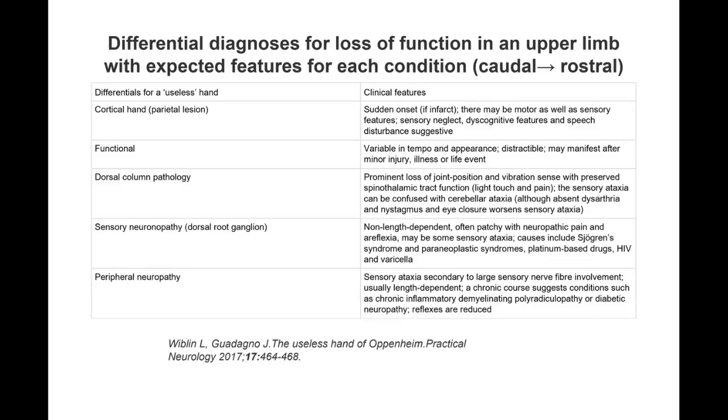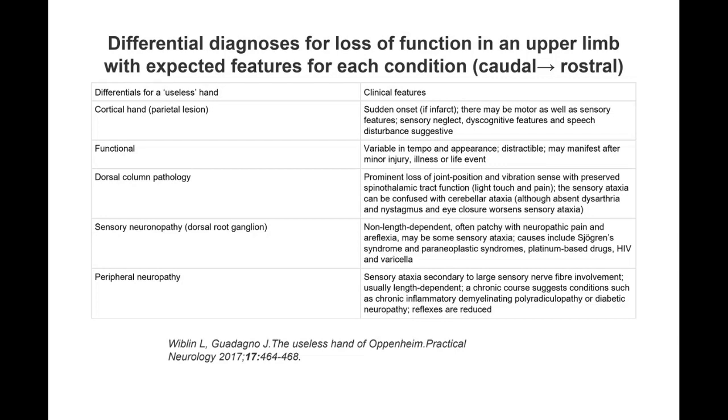And I just thought I'd put in a bit of a differential diagnosis for loss of function in the upper limb. This was taken from one of the Practical Neurology papers. For a cortical hand with a parietal lesion, there would be other clinical features such as neglect or cognitive issues. In a functional patient, the tempo is a bit different,